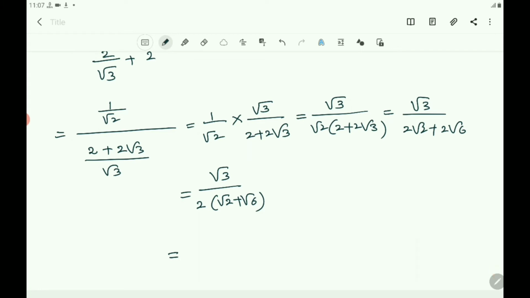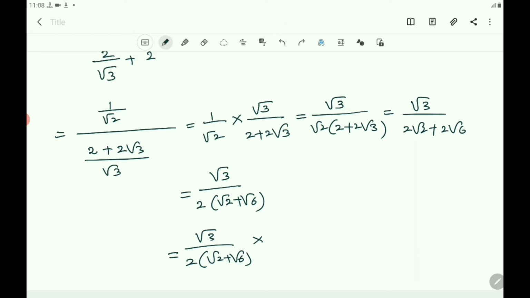Then here we have to rationalize root 2 plus root 6. We have learnt in 9th standard rationalizing the denominator of the irrational number. You know that it is an irrational number. You rationalize the denominator and simplify. Then you write root 3 as it is, 2 also as it is, and root 2 plus root 6 is to be rationalized, means multiply both numerator and denominator by the rationalizing factor of root 2 plus root 6.